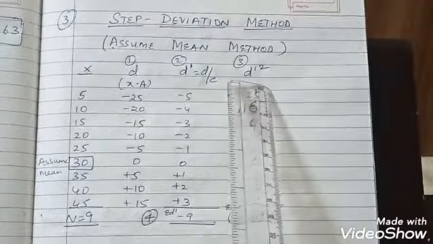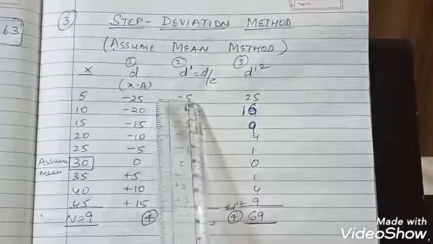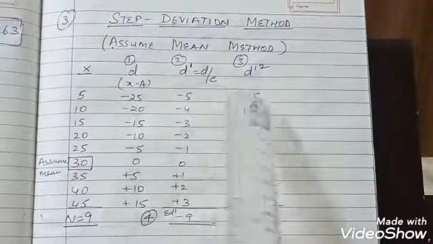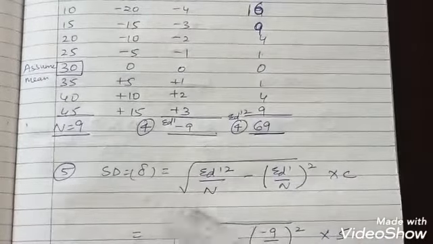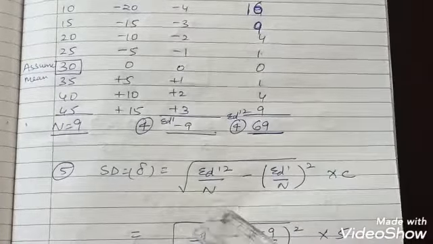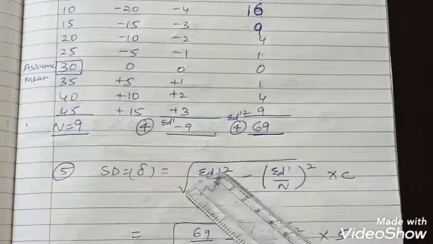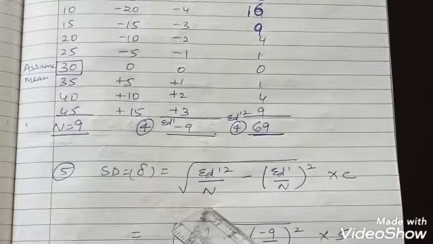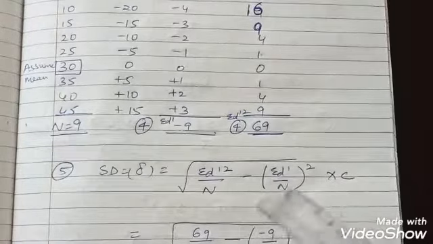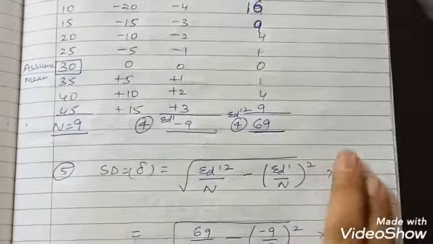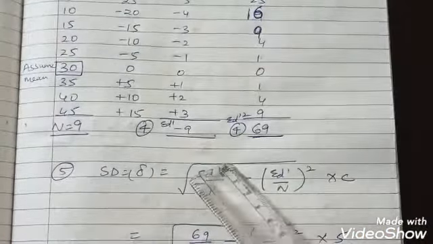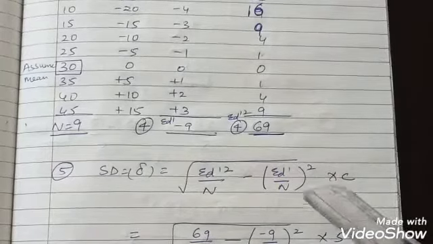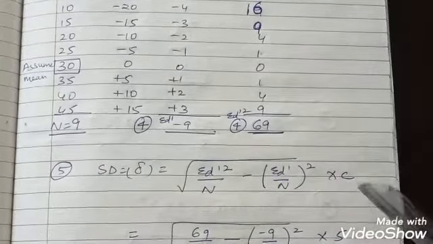Now you will take the square of each d dash value. So 5 whole square 25, 4, 16, and so on. Now the same thing we do is we have the summation of these two. We have the formula. The formula is more or less like standard, like shortcut method. Sigma d dash square करेंगे हम upon n minus sigma d dash upon n whole square. ये dash निकाल दो तो this is more like shortcut method. लेकिन क्योंकि तुमने यहाँ divide किया था 5 से, हम 5 से multiply करेंगे बाहर की तरफ. So into c outside. Right?